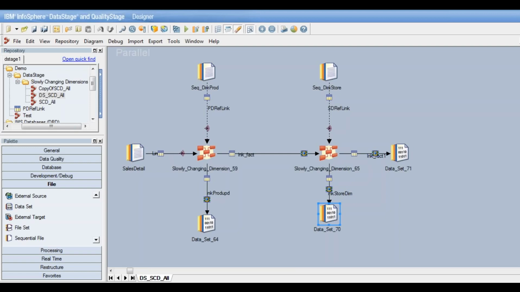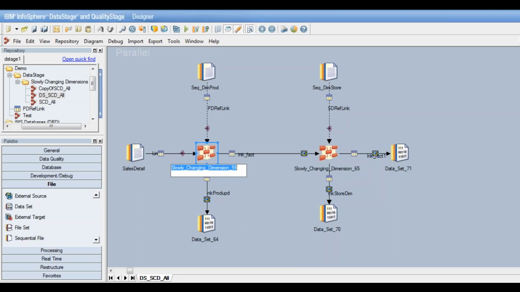So this is basically a slowly changing dimension stage. It's a simple example, that's why we are able to extract the fact records directly from just one source file. Most of the times we'll have multiple sources for the fact, and the dimensions will be populated totally independently of the fact. So we can just use the way that we saw yesterday. We had to use a couple of stages. We had to first identify whether it existed, and we had to compare the attribute values. What this will achieve for us is it will do the comparison just by defining the purpose codes. It will do the comparison on its own.